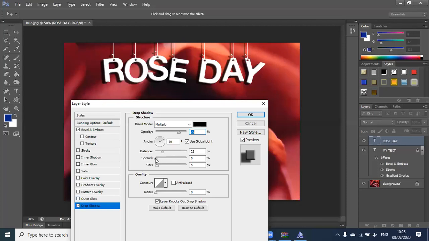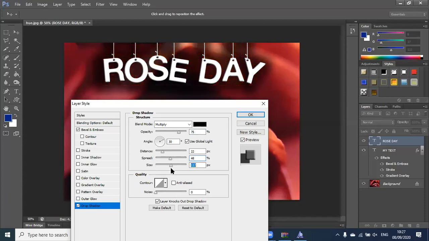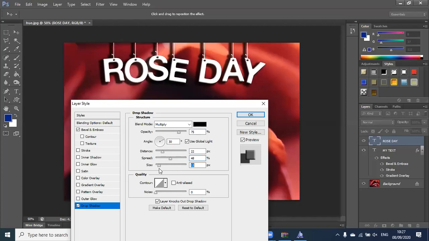Also spread would give you how thick you want the shadow to be. This is a thicker version of the shadow. This is a lighter version of the shadow. So the more I increase the spread, the more thick my shadow will look. Then the size of the shadow definitely, if you want to just merge it, make it like this, but it doesn't really look good. Some effects it will look good, like for example, if this was not hanging, if this is like a center text or something like that, if I would have given that kind of a backdrop effect, it would have looked really nice. So yes, the size of the shadow will matter.